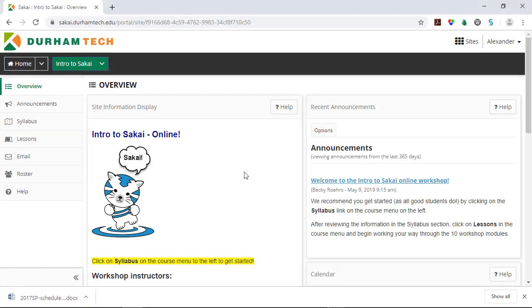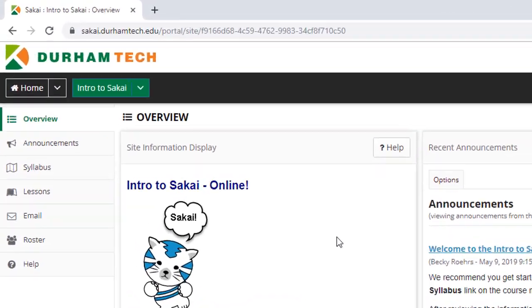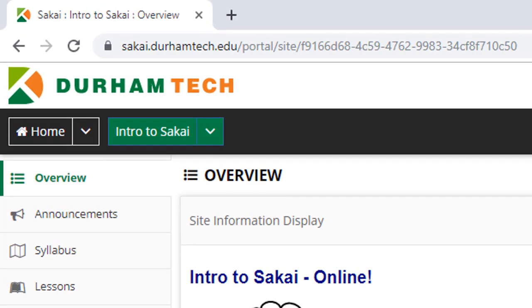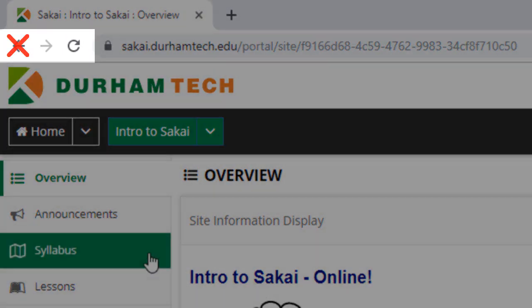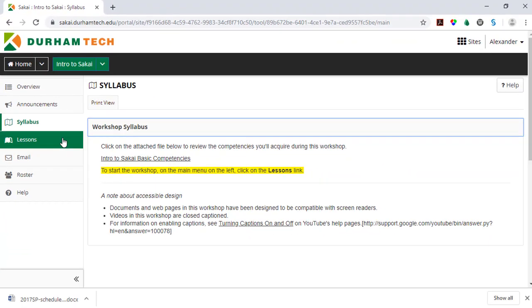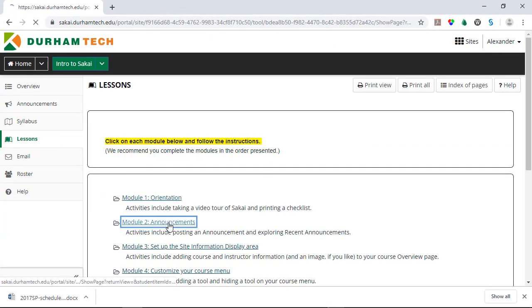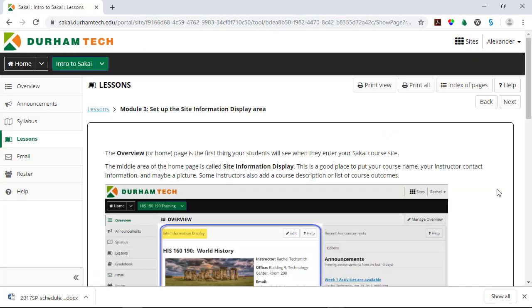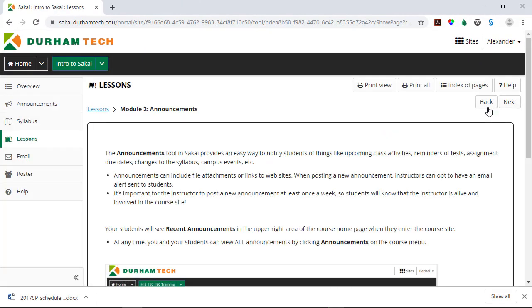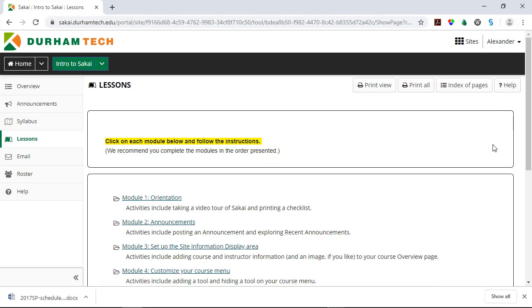Okay, let's return to the Intro to Sakai site to talk about a few important tips. Tip number 1, do not use the browser's back button while working in Sakai. Instead, use the navigation links and buttons within Sakai to get around. Tip number 2, Sakai remembers where you left off.